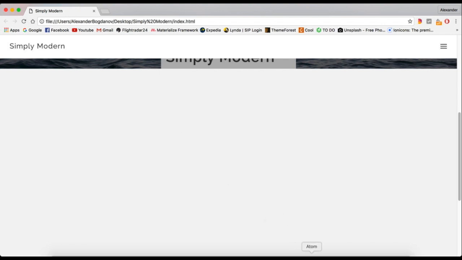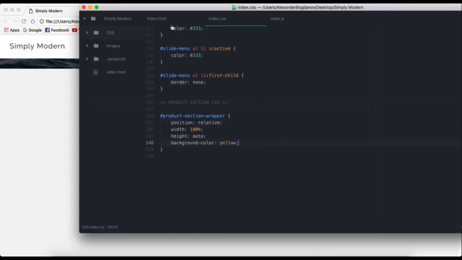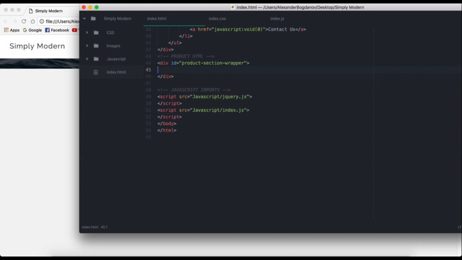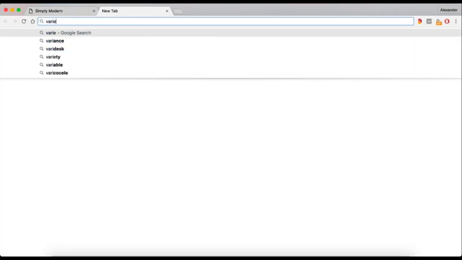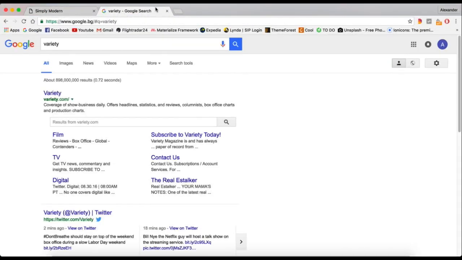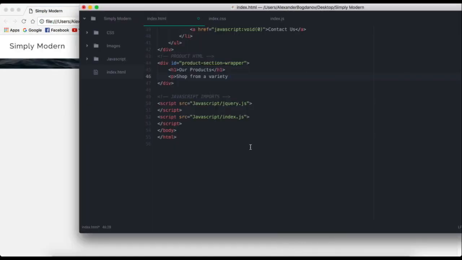Alright, it has a height of auto, and basically it means that since there is nothing inside of it, it won't show up. So let's add an H1 and say our products. P and then shop from a variety. Is that how you spell variety? I'm not really good at spelling variety. Variety, yeah, okay, good. Shop from a variety of our products. I think that's good. Okay, now let's refresh,